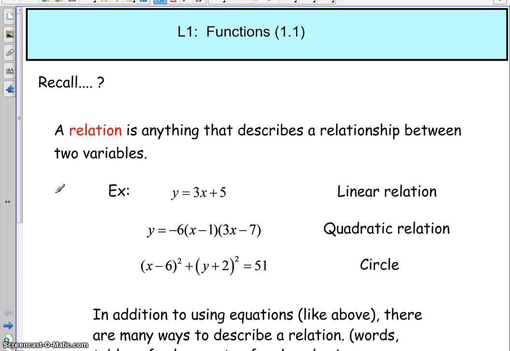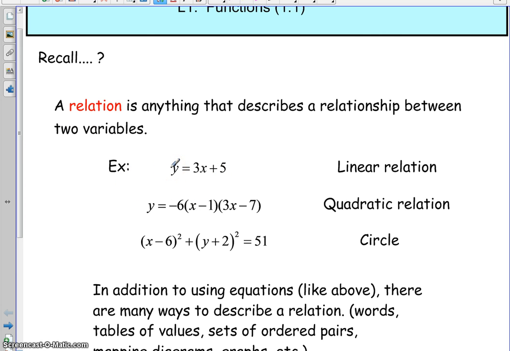It can be someone's age versus their grade in school. Those could be two variables that could be described in a relation. It could be how tall you are versus how fast you can run. That could be two variables, and you could again have a relationship between those. But some of the most common relationships that you saw back in grade 9 and grade 10, well, for starters,